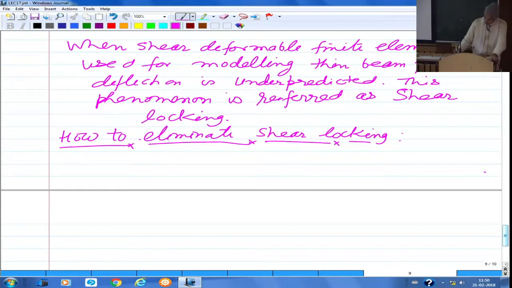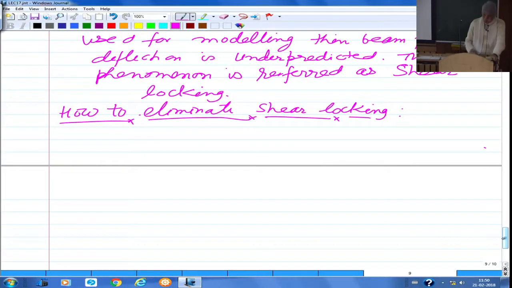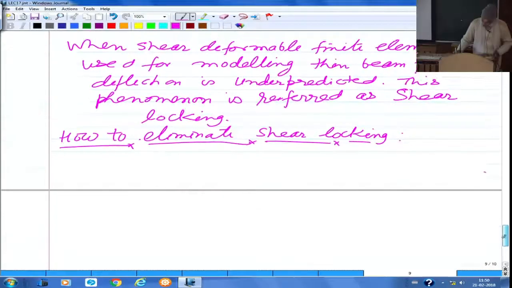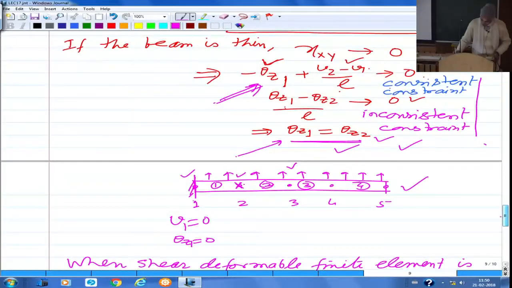You should not be thinking that when I am using a package, maybe my deflection is not correct. Of course, you have to make sure that you use the right type of element. Whatever problem you are solving, the element you use is based on certain assumptions, so check whether those assumptions are accurate enough for the given problem. As long as you do that, your results will be accurate, because within the formulation they take care of all of these. Now the main problem here is that we have this gamma xy